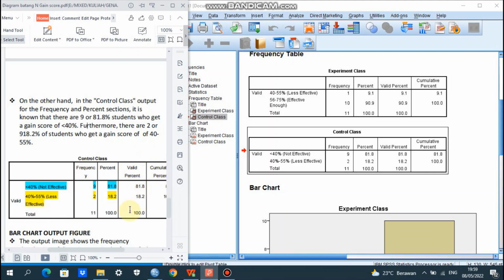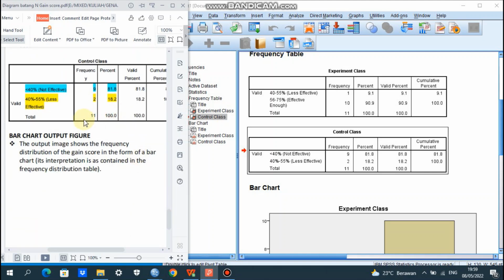And then this one, the valid percent, 81.8% for the frequency 9 times and 18.2% for the frequency 2 times. And the total here is 100% and the total of the frequency is 11.